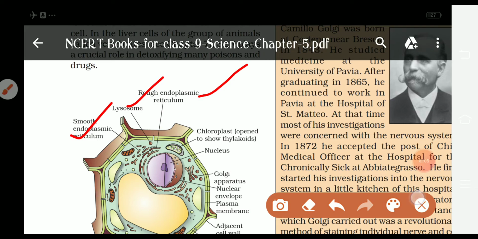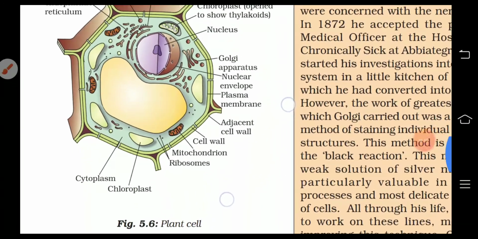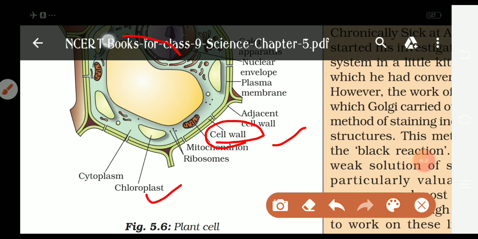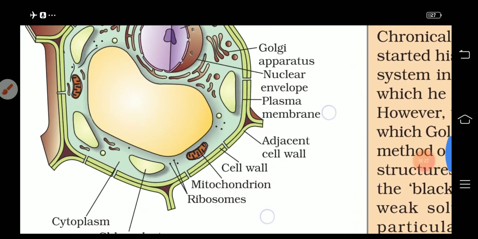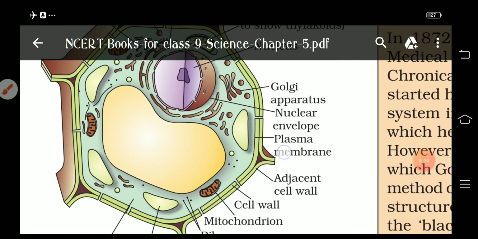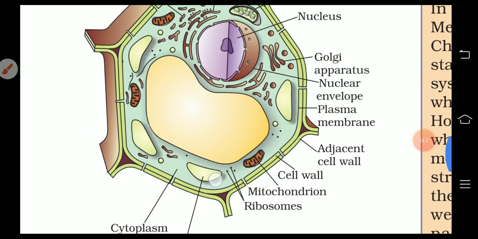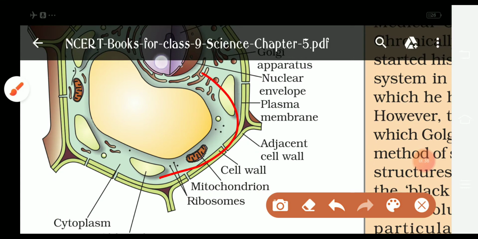But students, here we will emphasize three structures. Here you can see that the cell wall is present. Note it down in your mind that the cell wall and the chloroplast are present. And students, you can see in the diagram that a big vacuole is present in the plant cell. We should maximize this to show you that a big vacuole is present in the plant cell here.